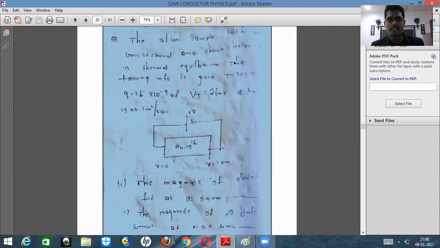So it is uniform. Okay, the following are the parameters. T is equal to 300 Kelvin, that is room temperature, and charge is 1.6 in 10 power minus 19, that we already know, and thermal voltage is 26 millivolts, that is also we know, and mu n is nothing but 1350. This is what we already know, right? At room temperature, the mobility of electrons is 1350, isn't it, for silicon? We already know that, whether they give it or not. So this is the thing that we have given.